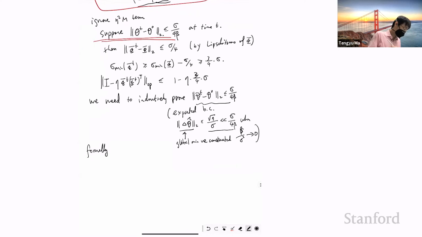Because we know that 1 over square root n times y hat t minus y vec, let me see whether I made a mistake here. At 0, this is O of 1, because every entry is on the order of O of 1,